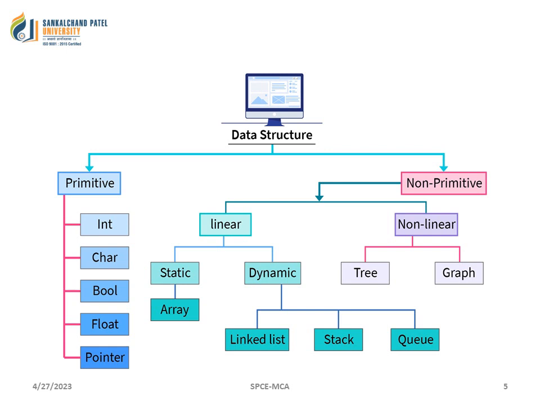Now the second part of the linear data structure is the dynamic data structure. The dynamic linear data structure is also divided into three parts: linked list, stack, and queue. It's a type of dynamic structure, because the linked list, stack, and queue use